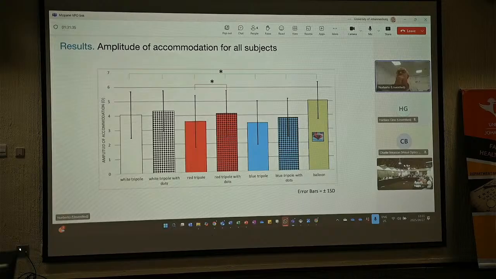One of the things we can see at first glance is that the balloon has a higher amplitude of accommodation, significantly higher than the rest of the stimuli. Also, we can see that using the dots, the amplitude of accommodation increases. In the frequency of stimuli for the vanishing optotype, but in the case of the red there was a significant difference. So those are mainly the main conclusions of the study